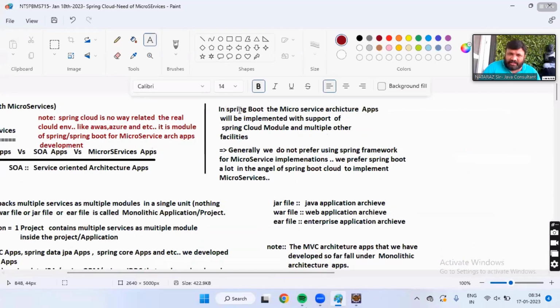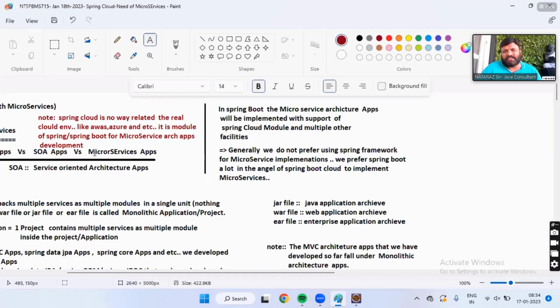I think already clear. In Spring Boot, microservice architecture will be implemented with the support of the Spring Cloud module and multiple other facilities. But lots of people think that Spring Cloud is like an alternate to AWS. No. Spring Cloud is purely for programming. And it is part of Spring, so how can you think that it's an alternate to AWS?